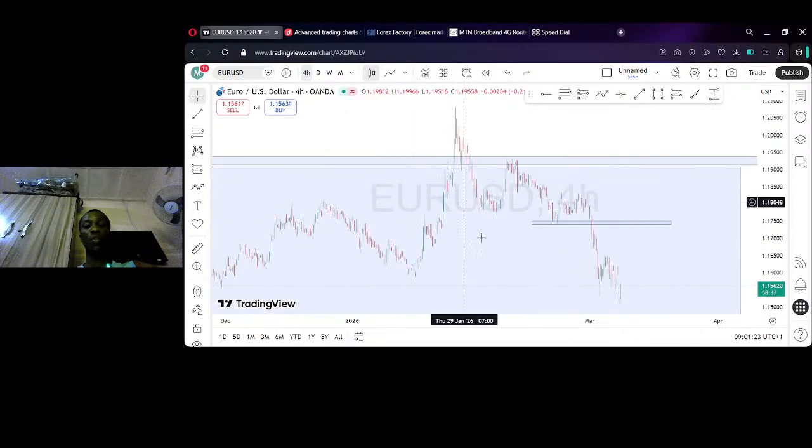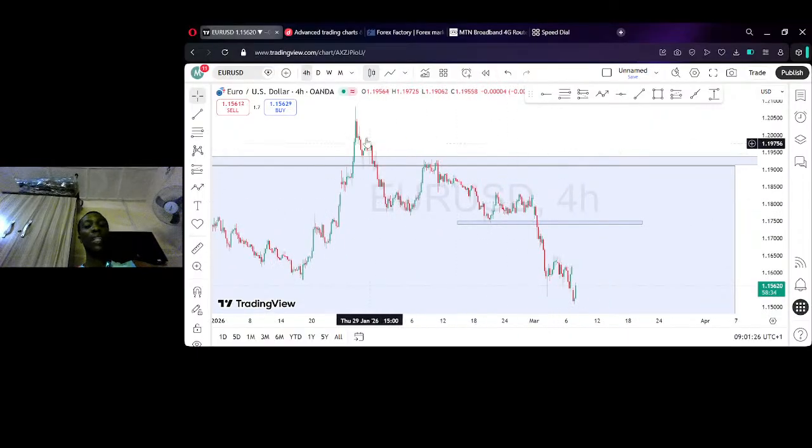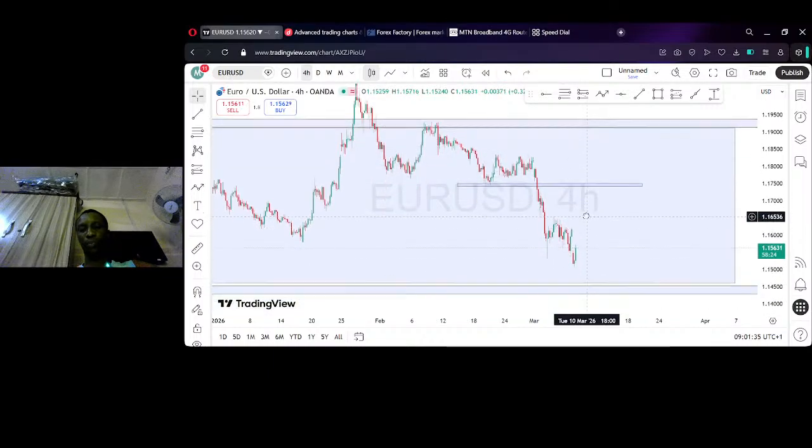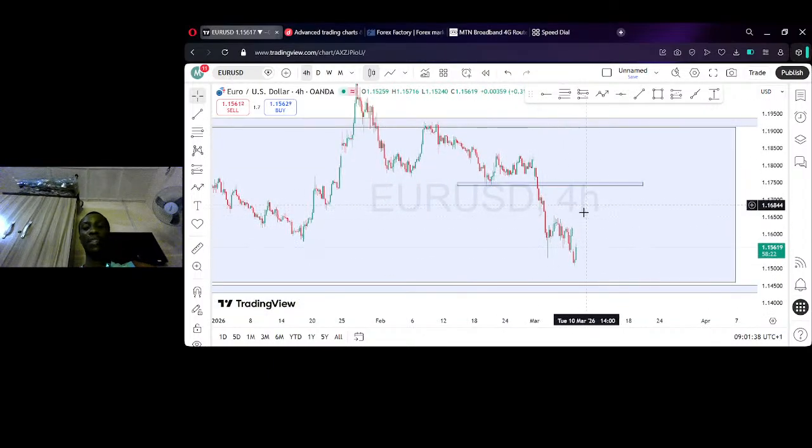So right here now we have a lower low, we have a lower high, we have a lower low, we have a lower high, we have a lower low. I'll take that again. We have a lower low, we have a lower high, and now we have a low right here. With what I'm seeing right here, price is still coming to this support level that is around 1.14600. Price is still coming right there because this is